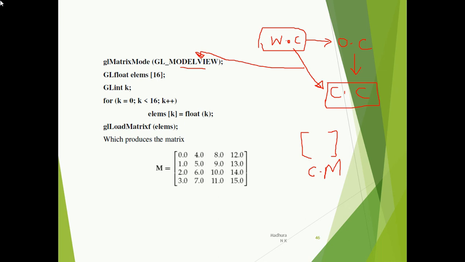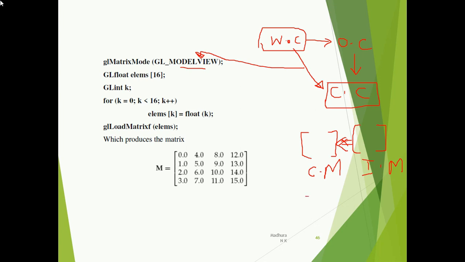Suppose you don't have any value, then you are going to set the current matrix with the identity matrix. Another matrix you will be having. So you are going to assign the identity matrix values to the current matrix. Okay, so that is what we may be doing. Another method we have, so I said we can assign the identity matrix to the current matrix. So that is one procedure.